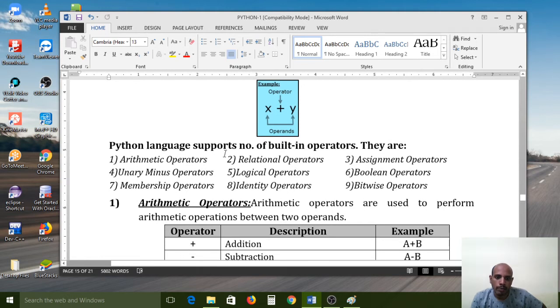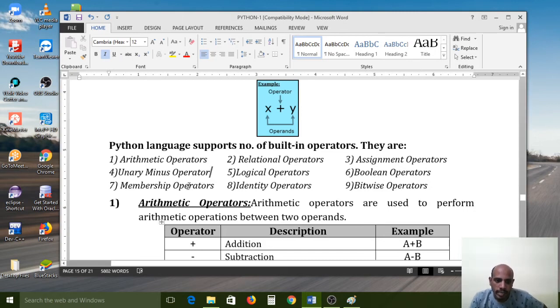Python language supports a number of built-in operators. They are: first, arithmetic operators; second, relational operators; third, assignment operators; fourth, unary minus operator. Actually it is a single operator here.